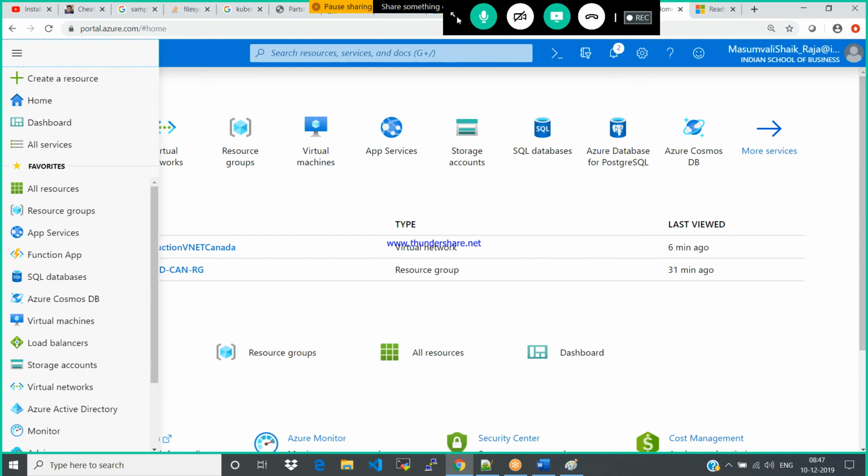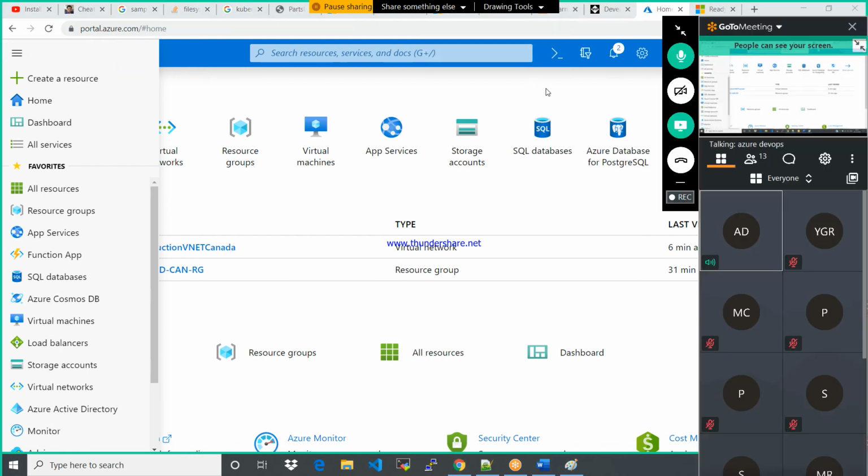Okay. Going forward, things will be complicated. Slowly, once you try to deploy the services, the complication will start. But if you understand this properly, it will be very easy. Okay. Clear so far? Any concerns or any doubts? Okay. Do practice it. Just create the free subscription and practice it properly.